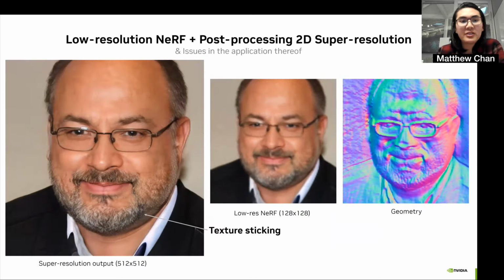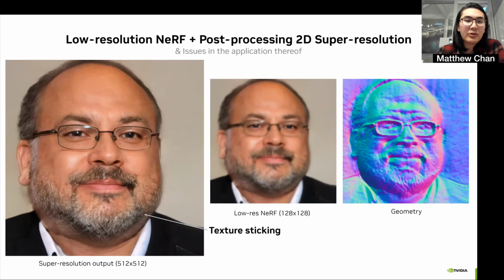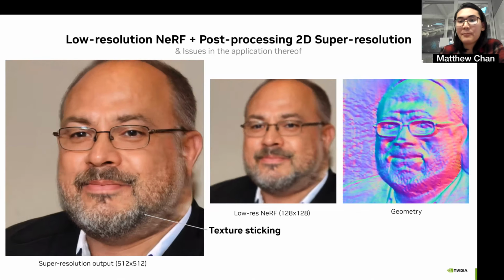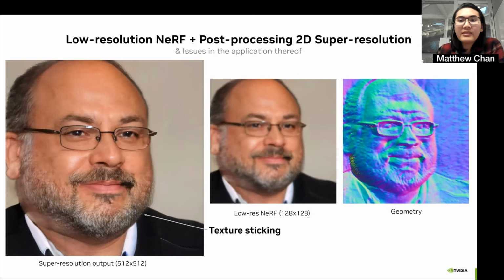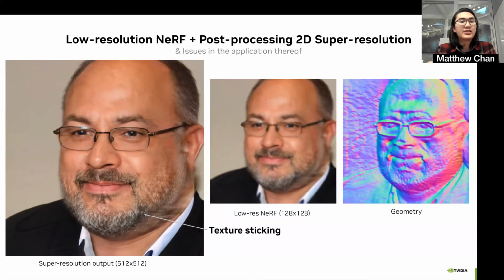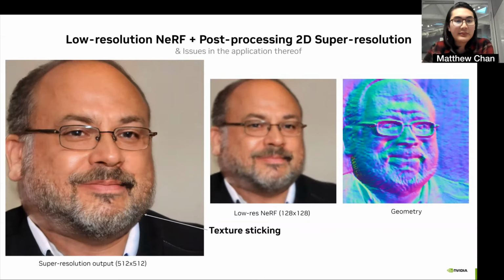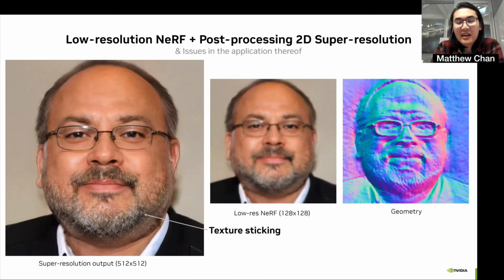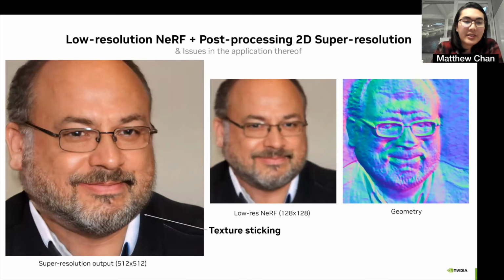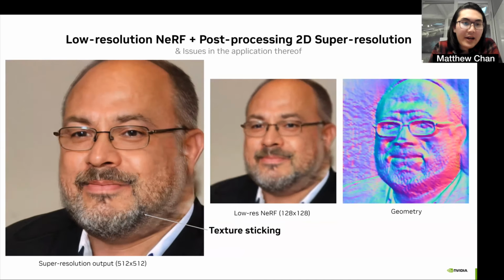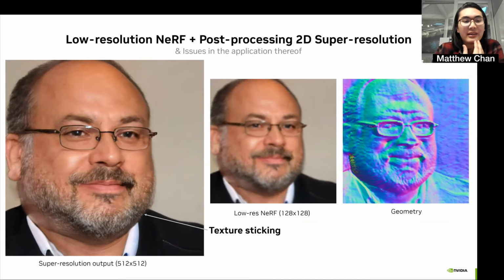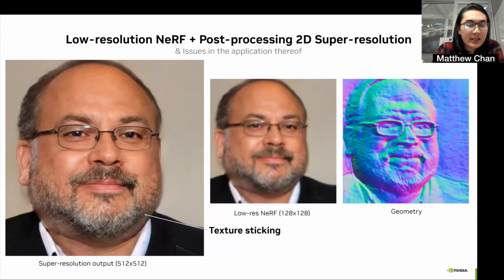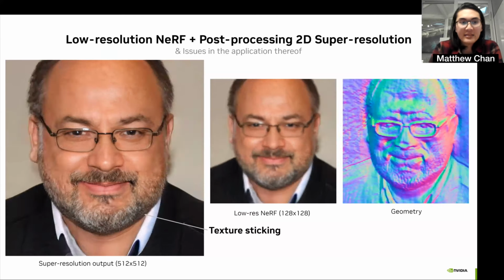Let's return back to a super resolution idea though. So this, while certainly cheap and efficient, is an imperfect solution. Applying super resolution in 2D does have its downsides. Observe on the left-hand side here, the same 2D texture sticking artifacts that we saw in StyleGAN 2 in the original 2D GANs. In case you forgot, that's where for instance, the hair texture in particular will stick to the camera and cause aliasing and flickering as the object moves.